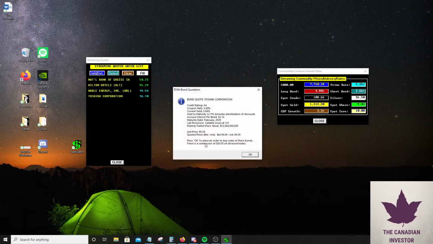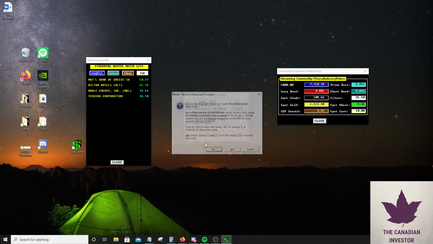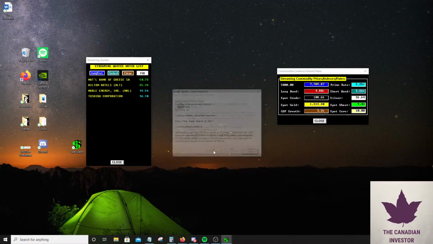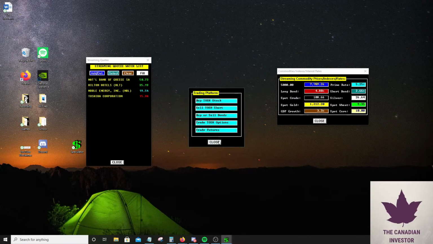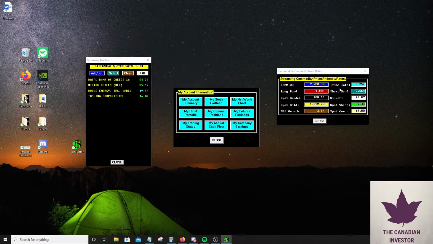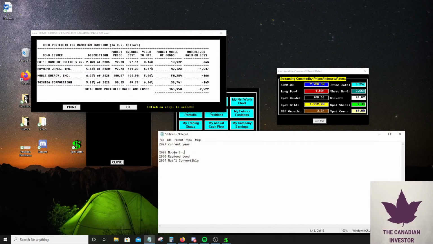So I'm gonna buy about 30. Let's buy about 40 of these because it's trading below par. That's almost a $40,000 purchase. So that's what I was kind of aiming for. So right now we have about $96,000 in cash. If I see a good deal in the bond market, I'll go ahead and go into it. But I wanted to help reduce my opportunity cost if interest rates stay flat because I want to make a bit of a return.